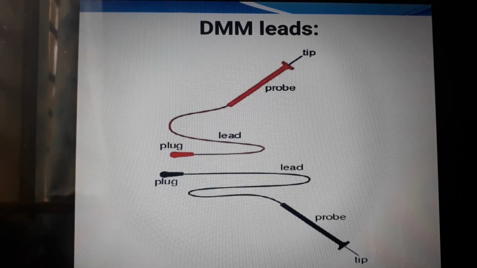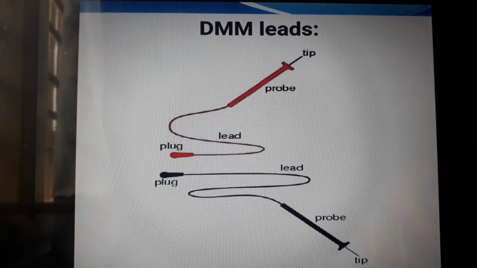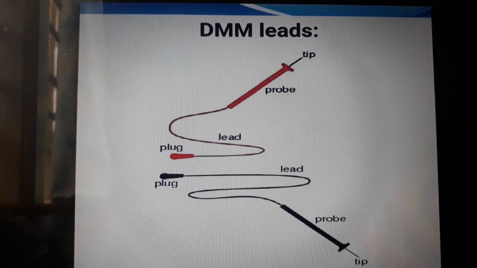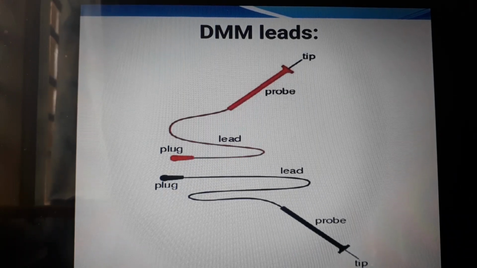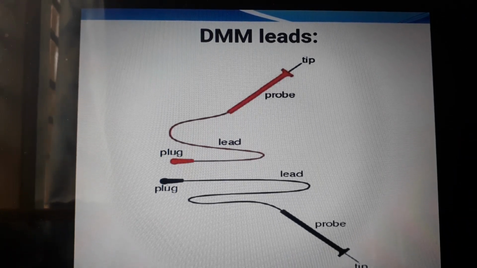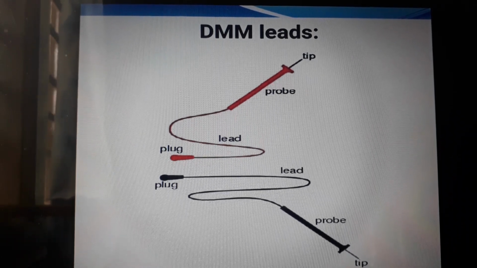On the multimeter we get three points, where the black color is for common use, for measuring voltage, or measuring the current, or measuring the resistance. We are using the black color as the common one. Then the red color has to be changed depending on what we are going to measure. So that plug is to be set into the multimeter.